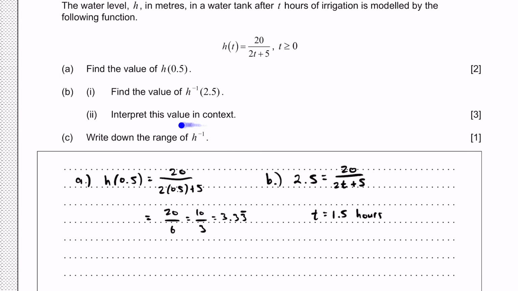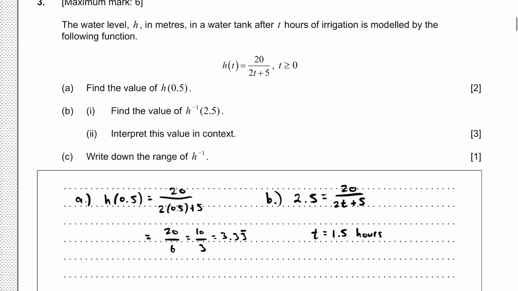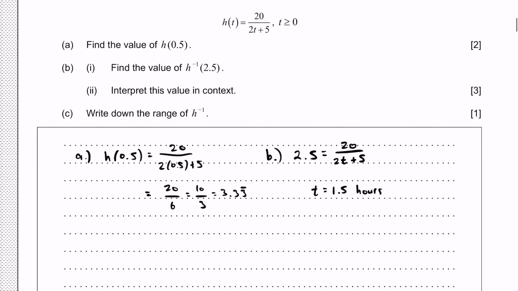In the context of this real-world problem, what do we have? We have t is equal to 1.5 hours, and then this h value, the output, is equal to 2.5. So what does this mean in practice? It means that after 1.5 hours, the height of this tank is equal to